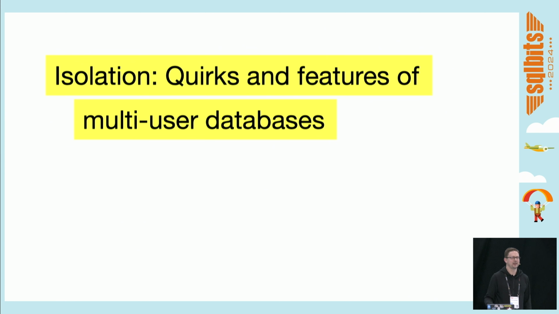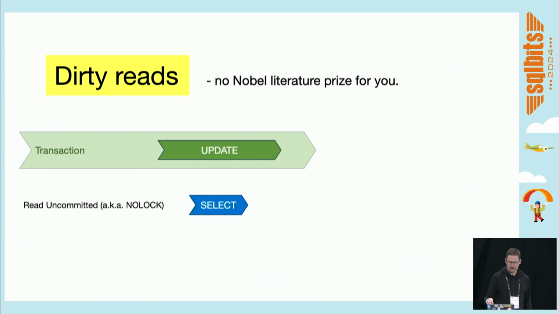I'm going to skip right to isolation. So isolation manifests itself in SQL Server in different so-called isolation levels. You can define a transaction isolation level when you connect to the server, or you can change it while you're connected. And this defines, think of it as a visibility SLA or a promise from the engine. Like, what can you do in the database? And we'll get to how this maps out across different isolation levels and how they behave differently. The first one is